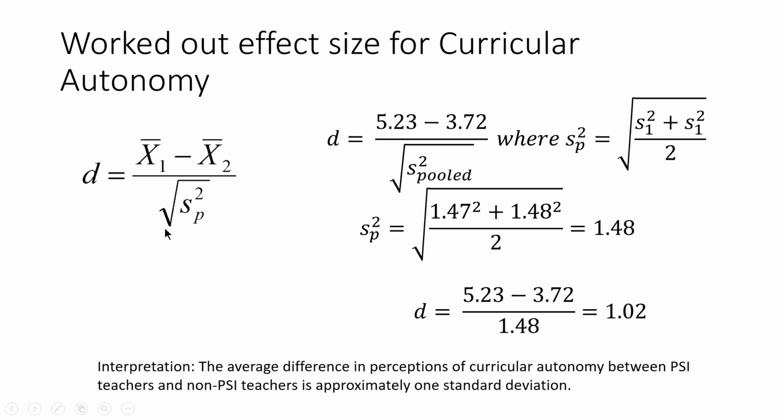And then you have the square root of the pooled variance. So this is written out slightly more. So I put the numbers in it here. But now, what is the pooled variance? It is the variance of the first group. Sorry, this should be the variance of